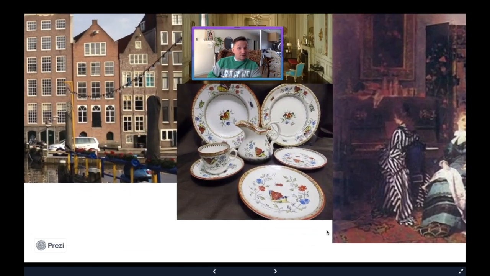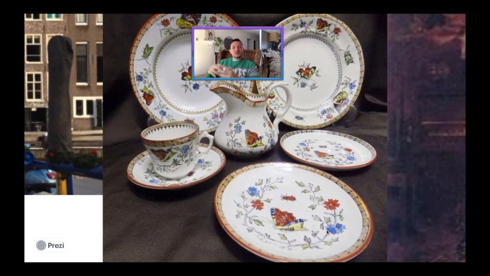But something that a poor person could buy is maybe some dishes, right? So you see what I'm talking about? The consumer revolution affected every single level of society. For example, really poor families,